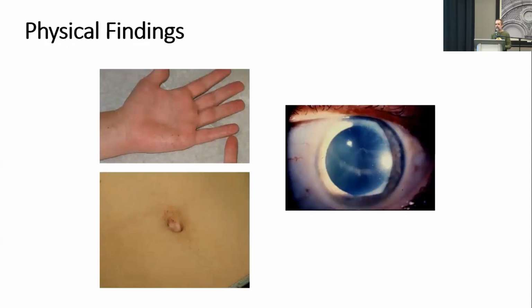So physical manifestations that we can see in Fabry disease are not very common. So we'll start with the eyeball up there. You can see some streaks of white going out in that slide, but if you look in the mirror, you won't see that. And even with an ophthalmoscope, I can't see that.